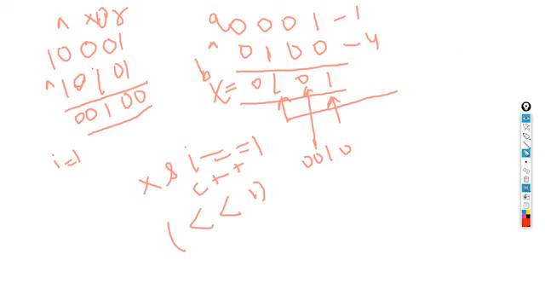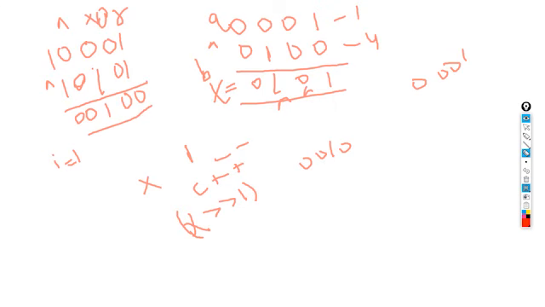So instead of shifting this 1 itself, every time I would not be doing a left shift, I would be doing a right shift. So right shift x by 1 position. When I come to the second bit position, the new x will be 0 0 1 0, and when I come to the third bit position, I'll have 0 0 0 1, and when I do AND with it, I'll get 1. This is exactly what we are going to do in the coding part itself.